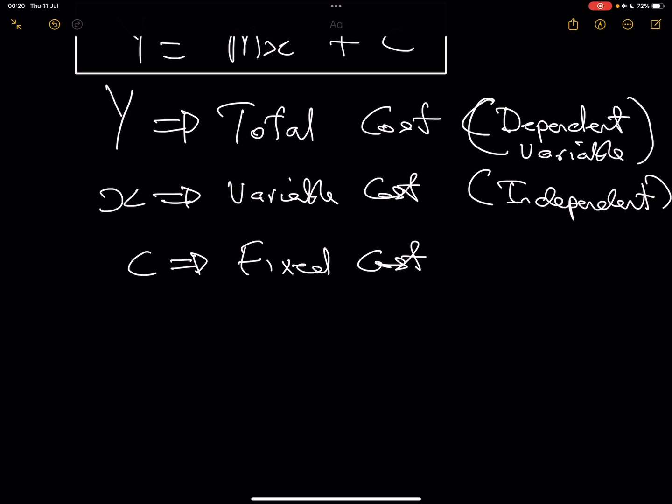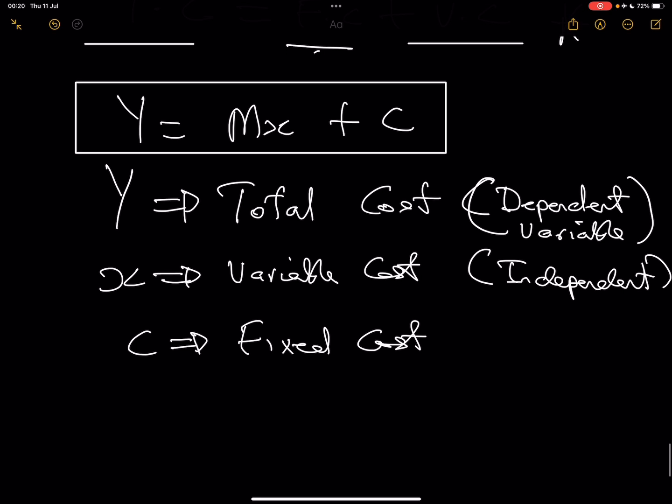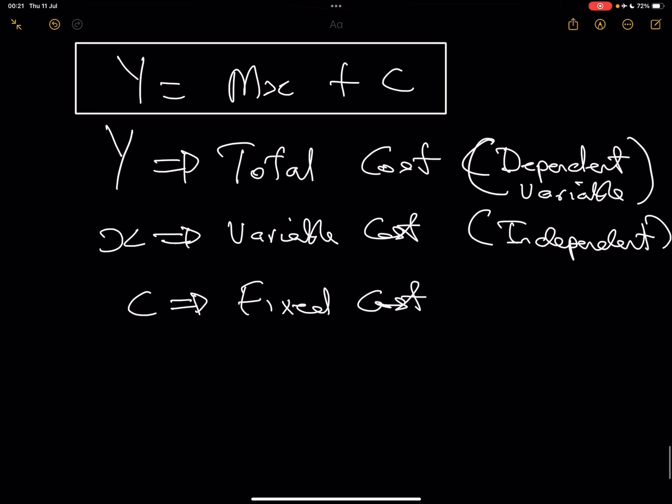It does not change. And that is why another way to say it is to say that intercept is the total cost when there is no level of activity. And you can think about it. When there is no level of activity, yeah, at 0 activity,